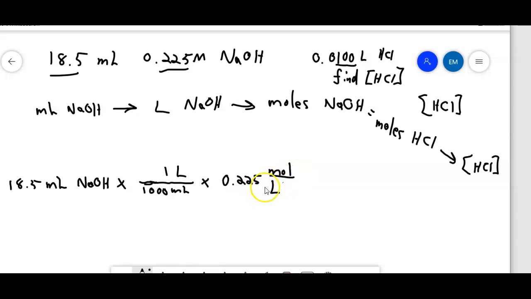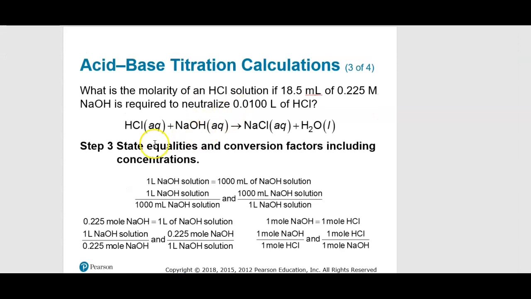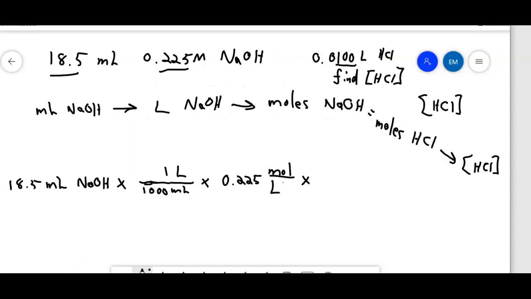sodium hydroxide. And we could do this. If you look at the chemical equation, I don't have it up here, but it is over here, I believe. Yeah, you see the equation's here. So it's 1 mole of sodium hydroxide per mole of HCl, that's the way the reaction works. So now this is moles of NaOH, okay? And you have 1 mole of HCl